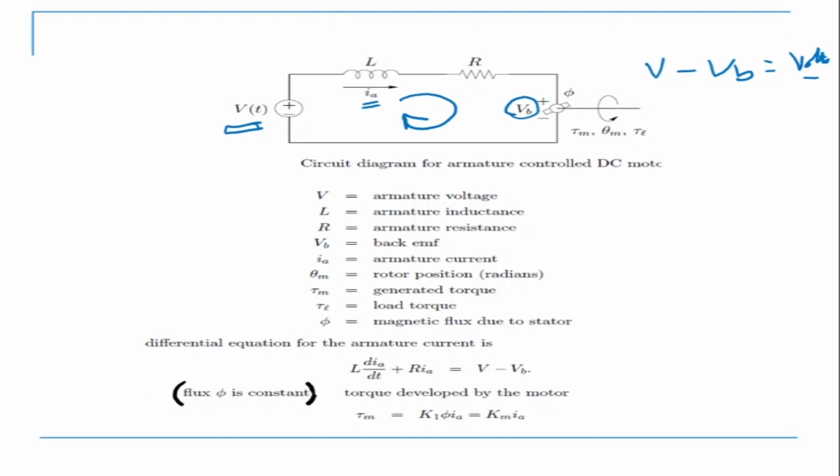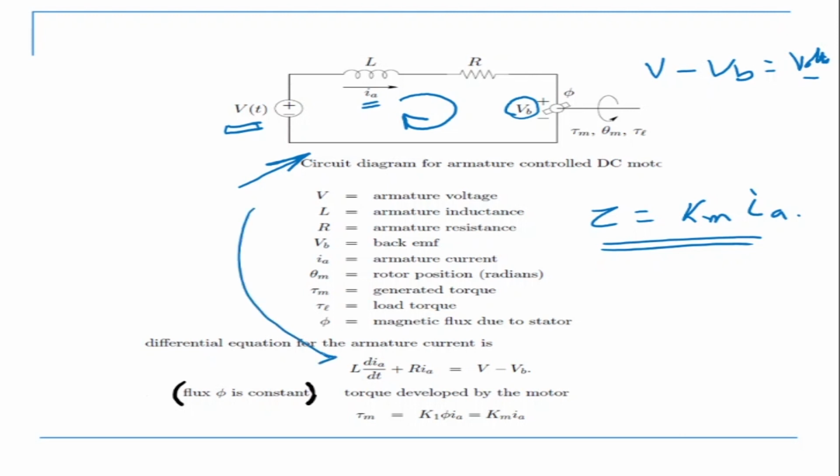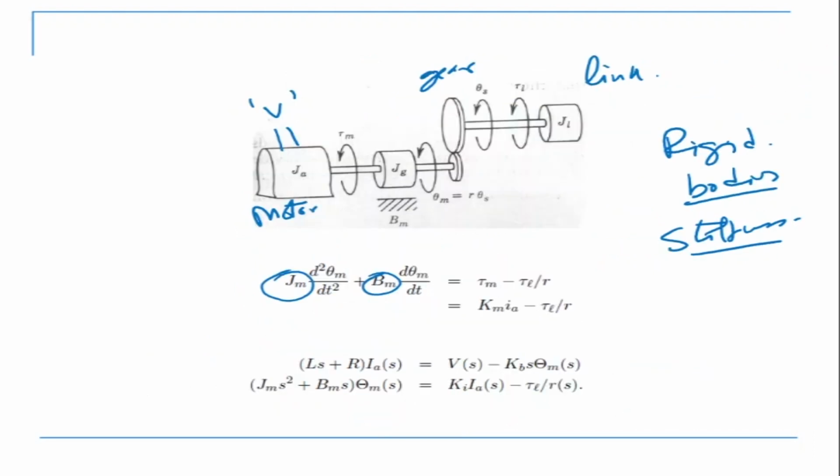Okay, and we have also seen that in terms of equation, the torque generated by the motor is equal to the motor constant into the armature current. Okay, so this is one equation. Now from this particular circuit diagram, using Kirchhoff's law, it has an inductance, it has a resistance. So L di by dt plus R into IA is equal to V minus VB. So this is the effective voltage which is on the system. Okay, and in terms of the motor, we get this. So if I take the Laplace transform of this equation and this equation, what we get is this one. Okay, so I get this equation from a Laplace transform of the armature circuit.